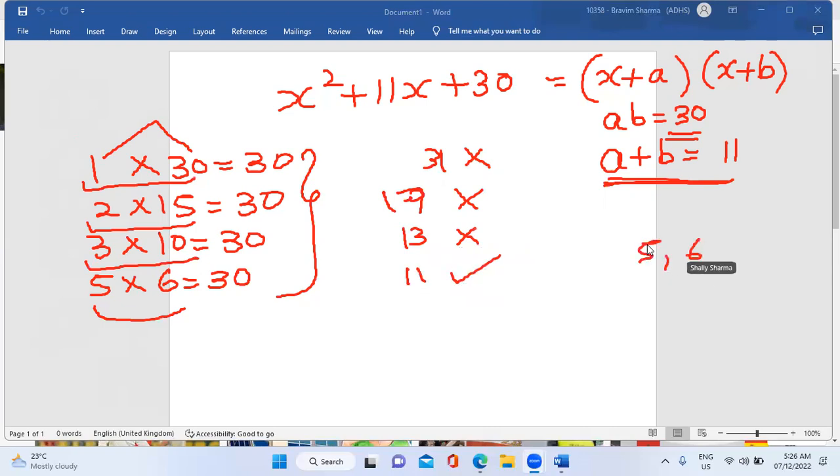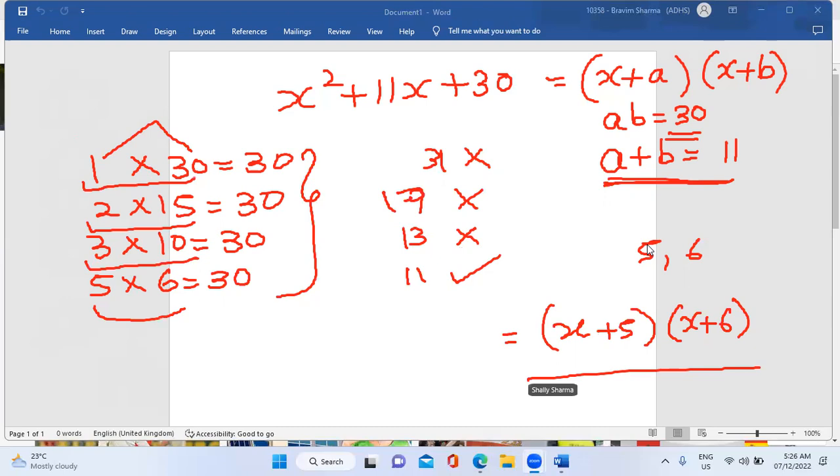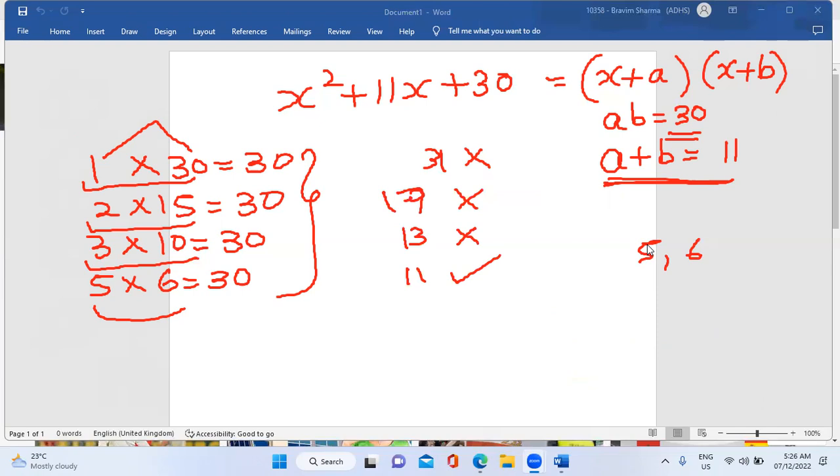As I got these numbers, I will say the factorization form is x plus 6 times x plus 5 or x plus 5 times x plus 6. So this is the concept of factorization. In CBSE, we do it with the help of splitting the middle terms. So the whole process is same, but instead of writing this answer x plus 5 and x plus 6 directly, we find the numbers are 5 and 6, and we do the concept of splitting the middle